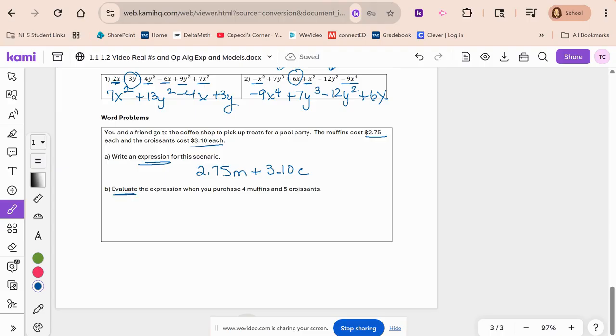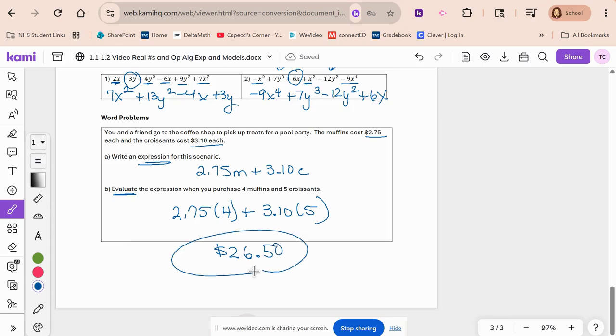Now in part B, it's asking you to evaluate. Remember, that means it gives you a value, gives you a number. So I have $2.75 for each muffin. And if I buy 4, I'm going to multiply that by 4. And I'm going to use addition because I'm also buying some croissants, which are $3.10. And in this particular problem, I'm buying 5. I can use my calculator for that, put all that in, and it looks like I'm spending $26.50